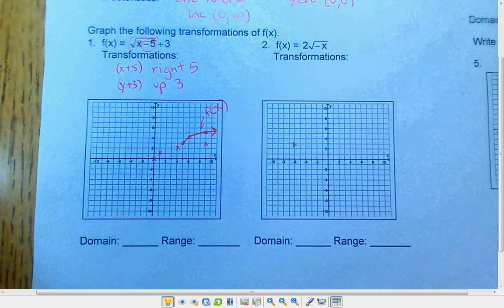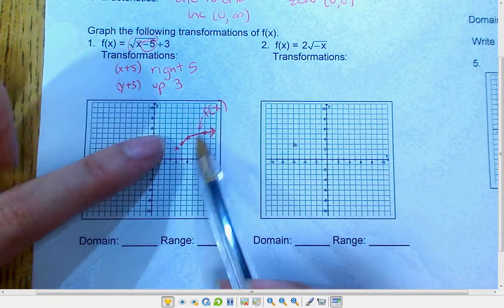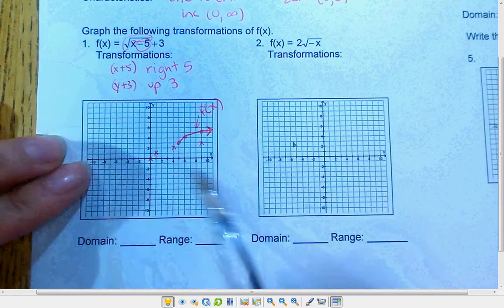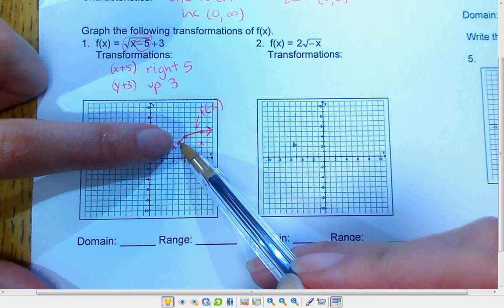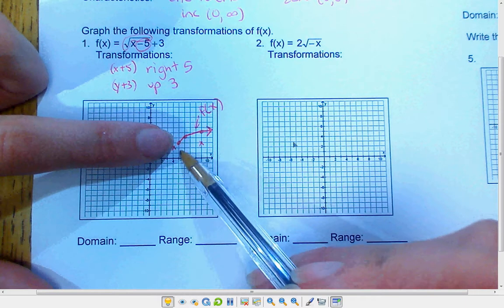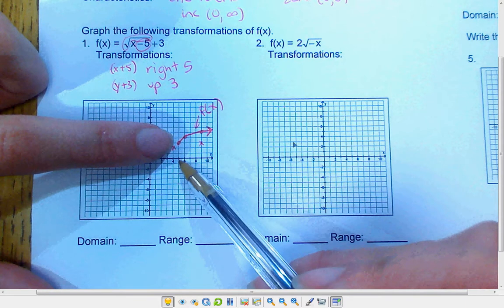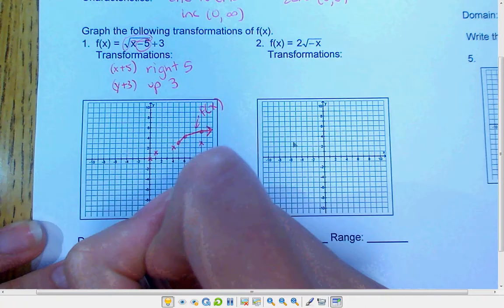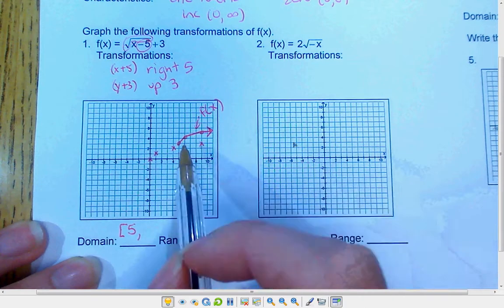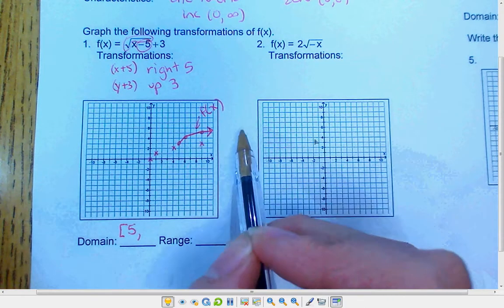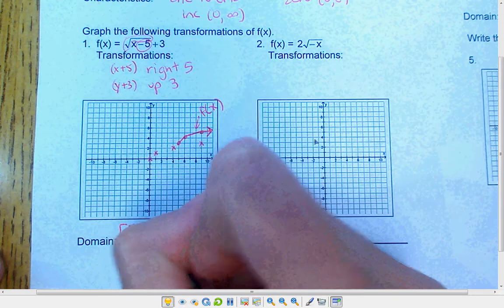So again, we have to find the domain and the range. So we're looking at this function right here. If we look at the x's, this is the starting point, my leftmost point of my x's, which starts at x is equal to 5. So it's starting at 5, bracket, keeps on going to the right forever because of that arrow, so infinity,